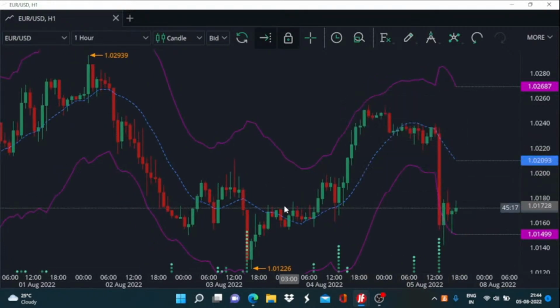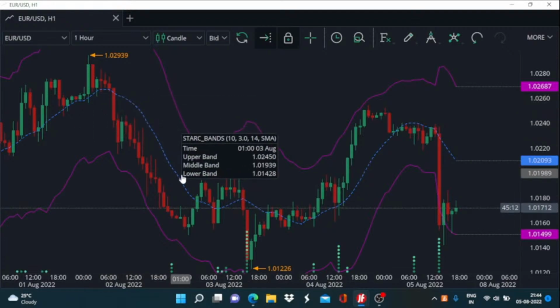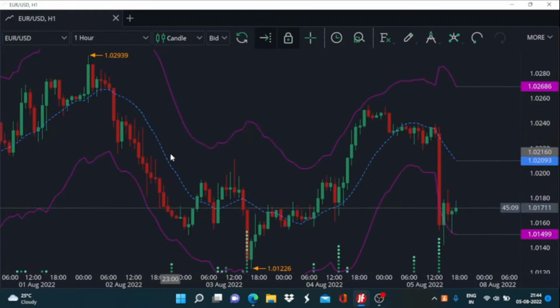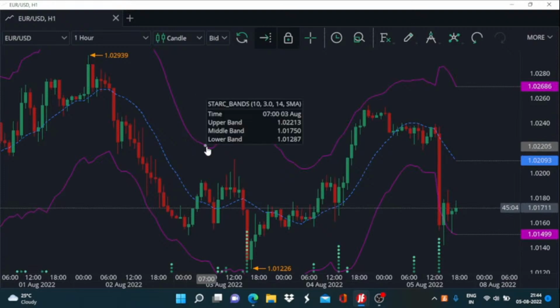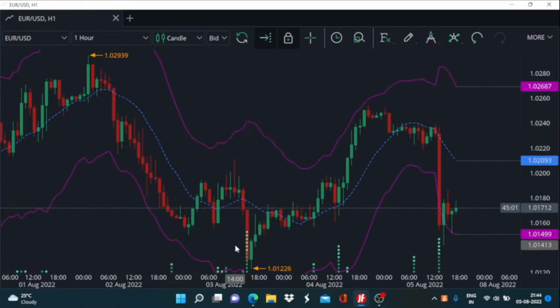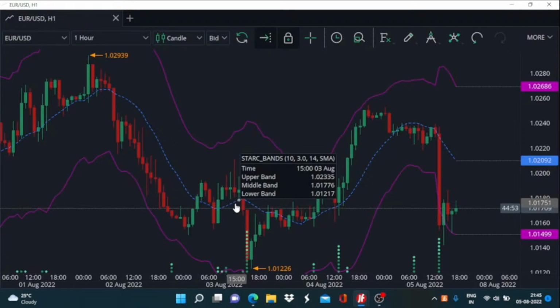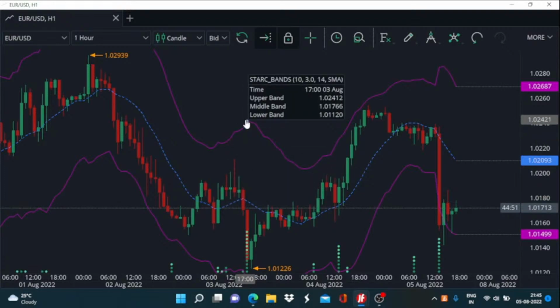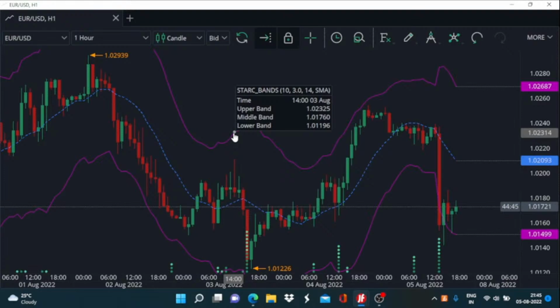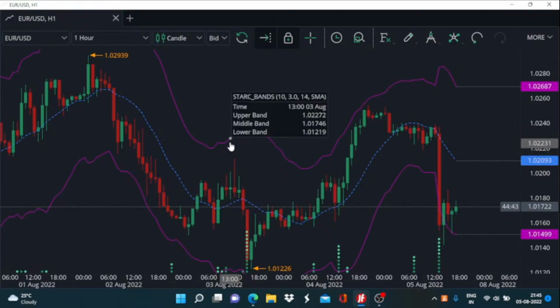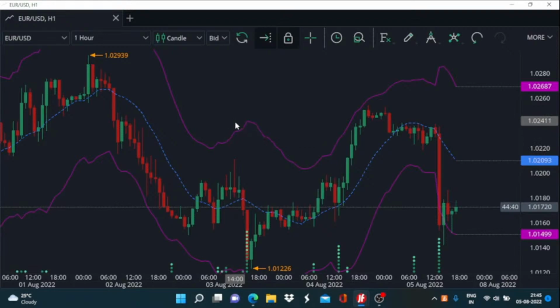The SMA is going to revolve around the price movement. So if the sentiments are bearish, we will have a downward sloping SMA formation, and depending on that we will have a downward sloping upper and lower band. But when the volatility increases, even if there is not much of a significant change in the course of action of the SMA, we will have significant moves in the upper band and the lower band. As the ATR increases, we get a higher width for these bands,